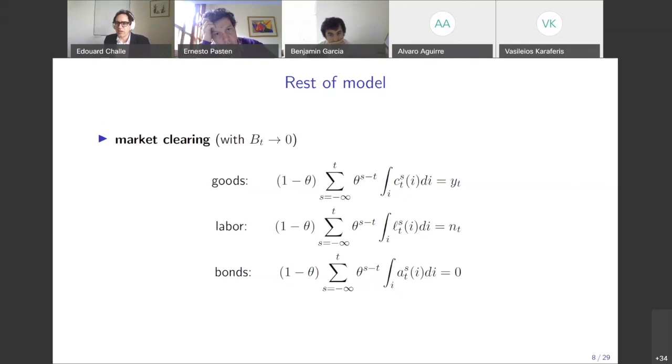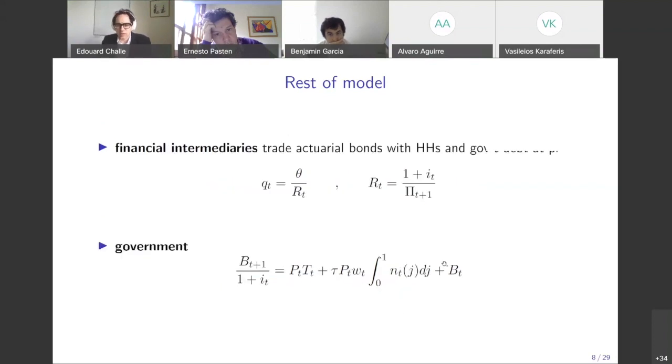No, I'm not killing any heterogeneity. Maybe I wasn't clear. These financial intermediaries serve no purpose because there is no financial friction. But there are those who trade the nominal bonds, which I assume to be in zero net supply. In principle, there are nominal bonds issued by the government that the central bank trades for interest rate setting. So they have those on their assets, and those intermediaries also trade with the agents.